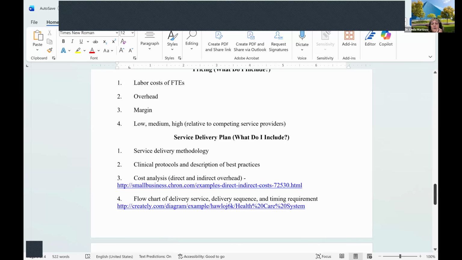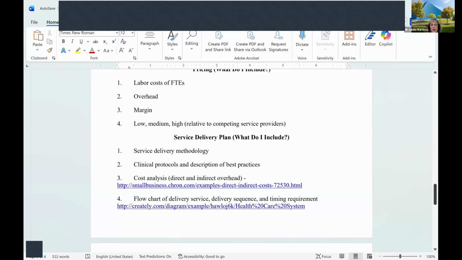How are you going to deliver it? Now, for clinical protocols and best practices, you're going to get this from somewhere like Glassdoor or the Department of Labor, or some of the professional organizations. For instance, you can get clinical protocols for nursing from the AMA, but there's also a professional organization specifically for nurses. So you can find professional organizations that will tell you what the clinical protocols are and what the description of best practices is. Or you can, like I said, go to the Department of Labor, Glassdoor, Becker's Review. There are a lot of places you can find it.